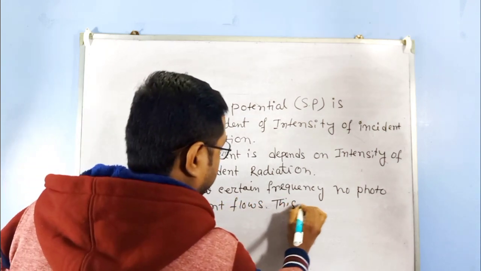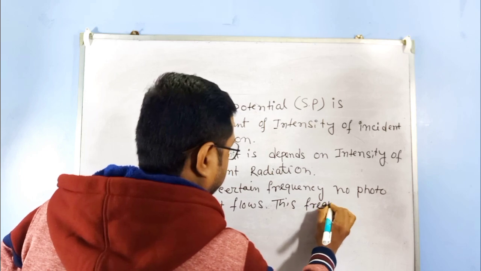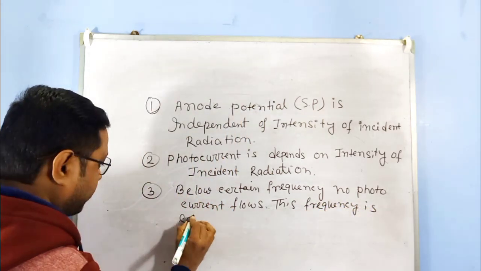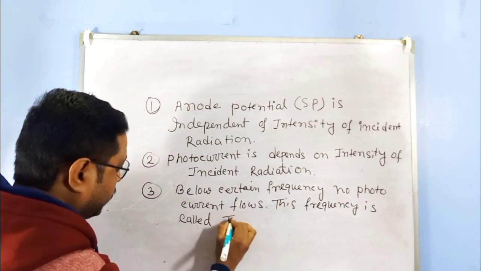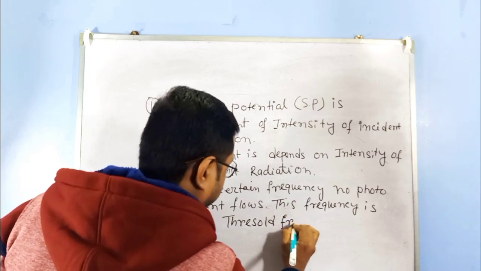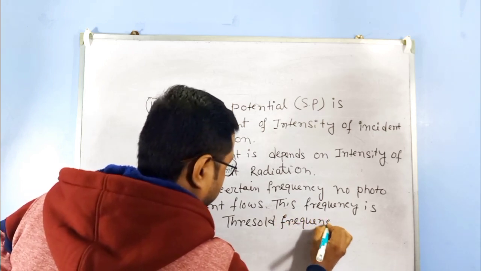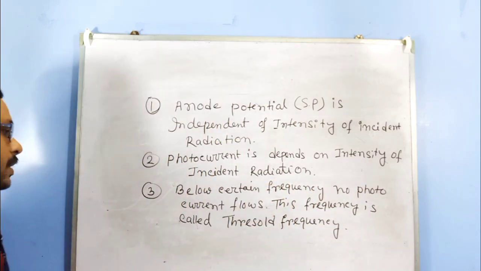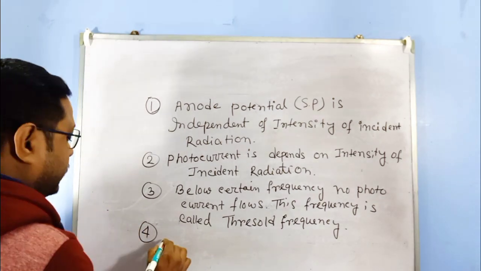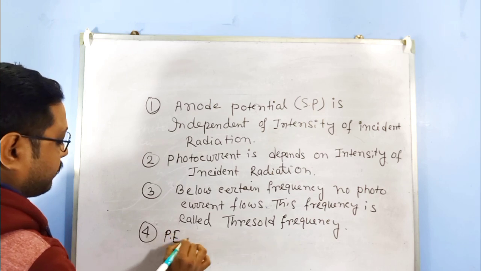This frequency is called the cutoff or threshold frequency. And number 4, photoelectric emission is an instantaneous process,